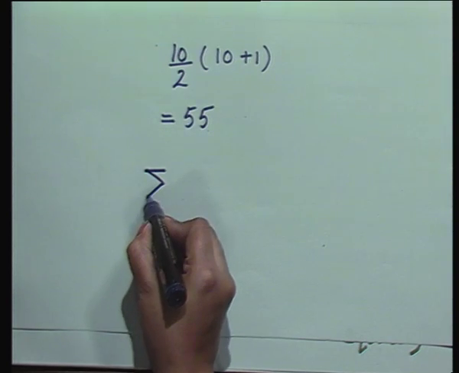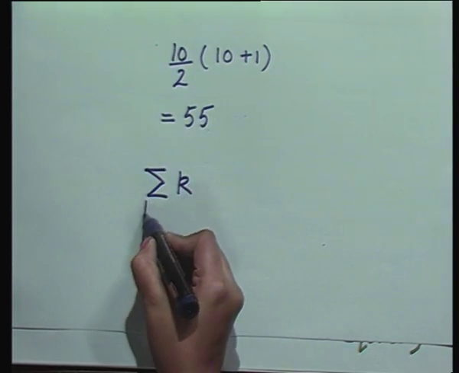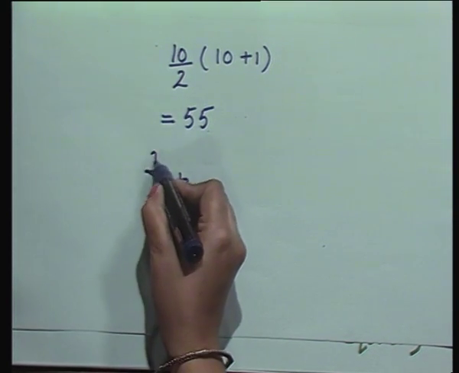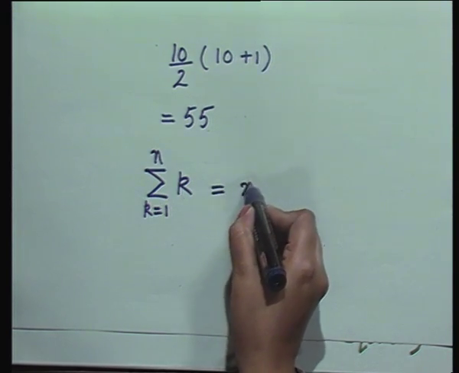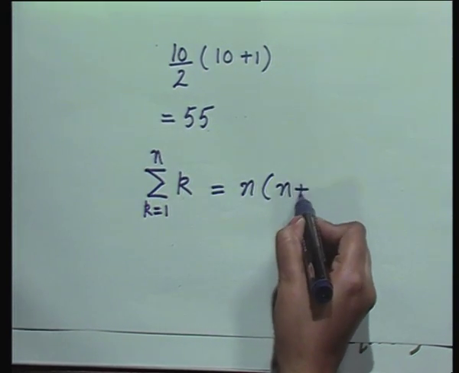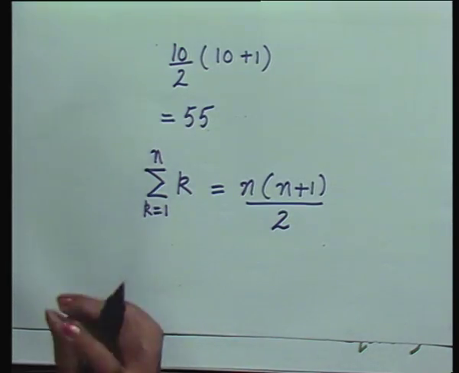The sum of first n natural numbers is equal to n into n plus 1 by 2. We express that as sigma of k, where k varies from 1 to n, is equal to n into n plus 1 by 2. This is our first special result which we'll be using today and also in our next